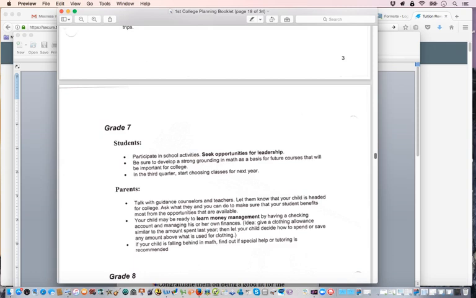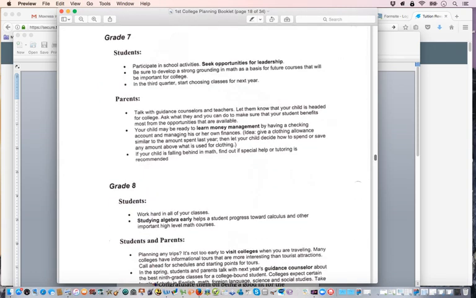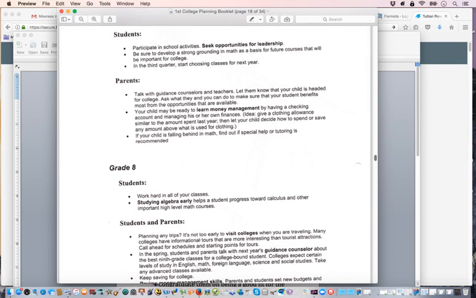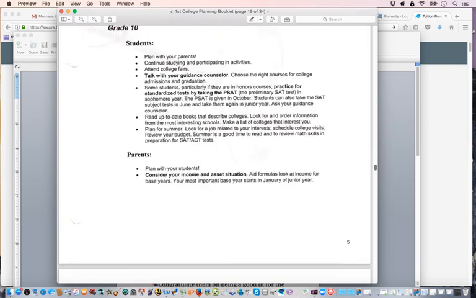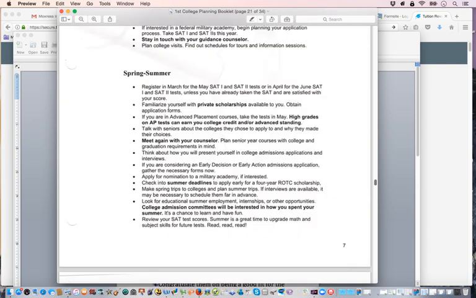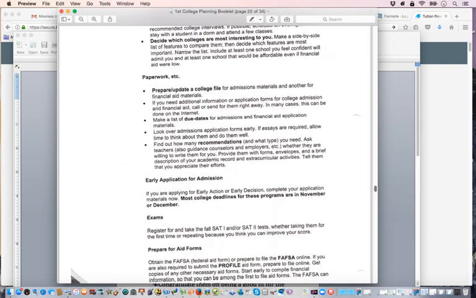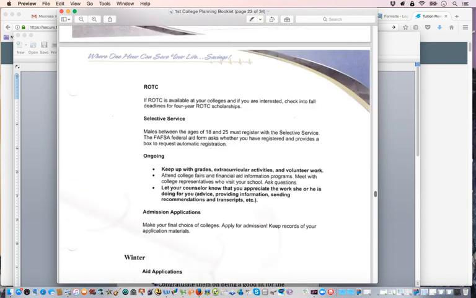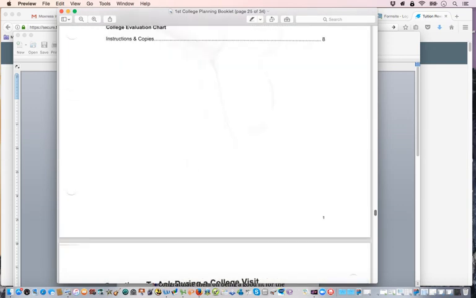So that's pretty cool. So we kind of have a program or a breakout of how to do that. Grade 8, their freshman year, sophomore year, junior year, and then also their senior year. So it breaks out everything in here, which is kind of like a roadmap system of what they can follow to make sure they're prepared for college.